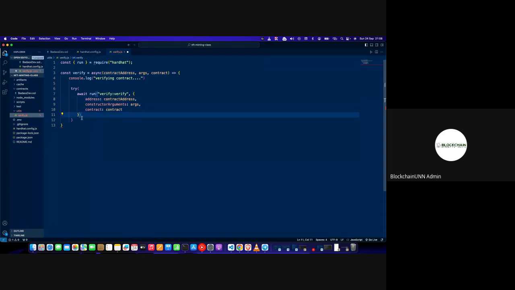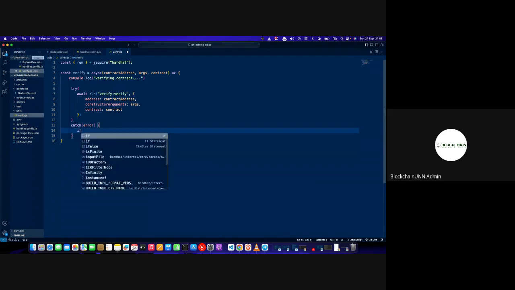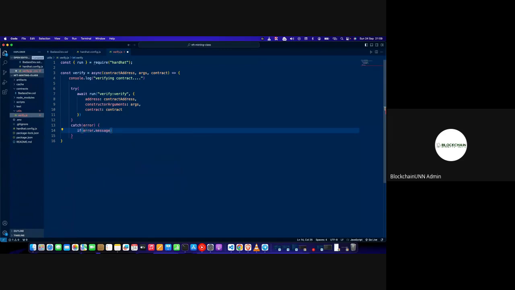Yep, so after the try, which we just completed, the next thing we want to do is catch any error, in case we have one. We want to do two things. First of all, it might be that we got an error because we are trying to verify an already verified smart contract. When we try to verify an already verified smart contract, you're obviously going to run into errors. So we're going to check for that use case. To do that, we're going to say if the error message, which you can get from error.message,